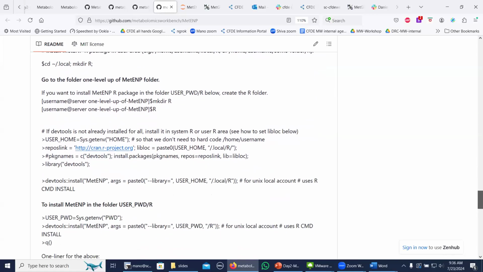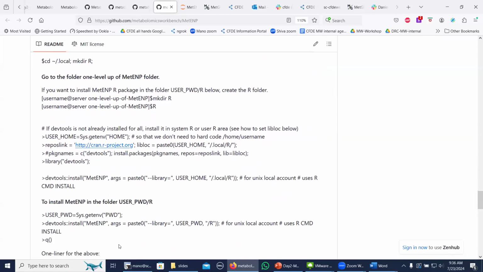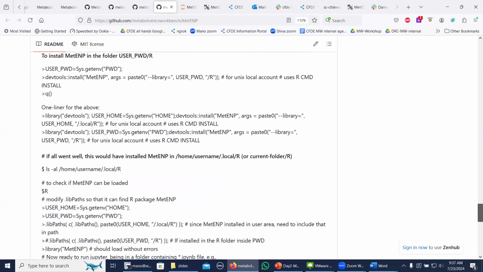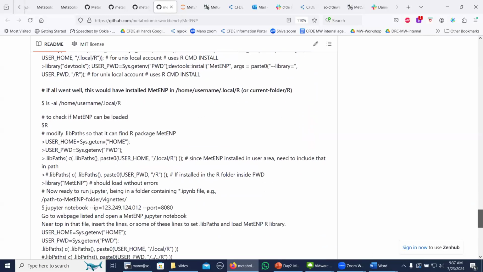Alternatively, if you want to install it in some other location, for example in whatever folder you are in, you can use this set of commands. And again, it is understood that some familiarity with R commands and packages is necessary in order to follow through these instructions. Once you have installed it successfully, you can check it by including the path to the install location and then issuing the library MetENP command. And after that,